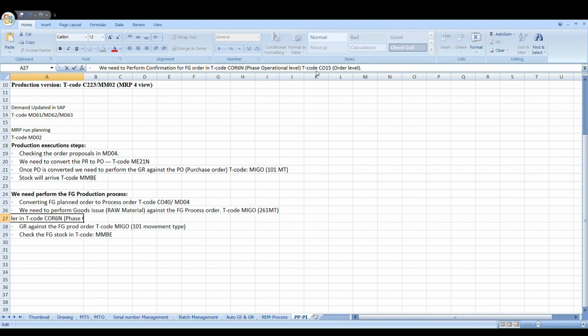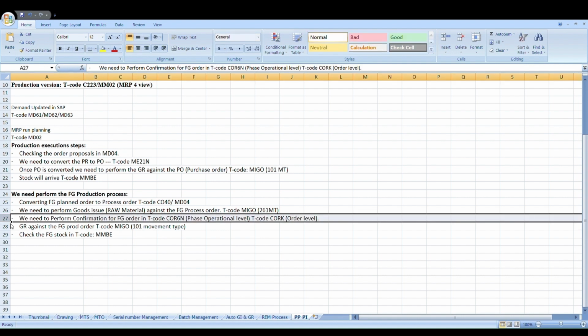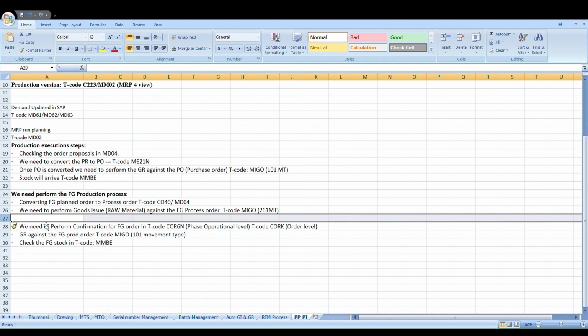Okay, and if it is for header level, it is for CORK, process order header level. And before that, what we need to do is, I will insert here you need to release the phase level, release the phase or release the operation